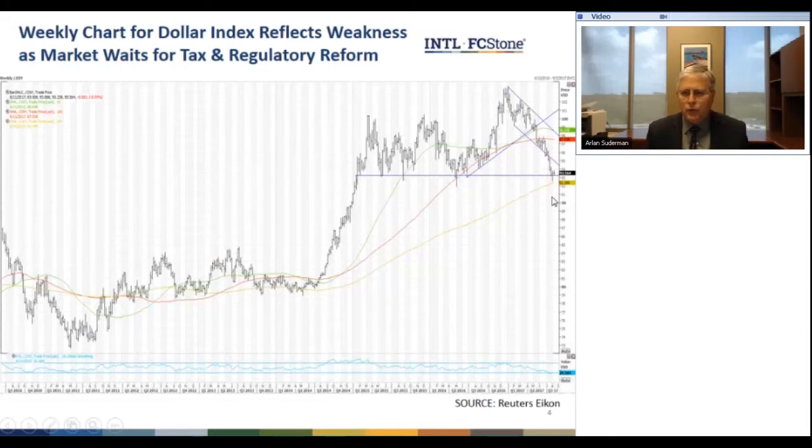If that holds, and of course we have the 200-day moving average just below this market, then you would expect to see the dollar start to bounce off of that level, and we'd start to look for the news that might support that, one of which would be the Fed, but also what's happening in Europe, since the euro is one of the major competing currencies in the dollar index basket.